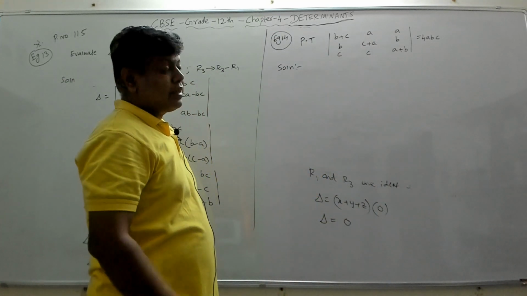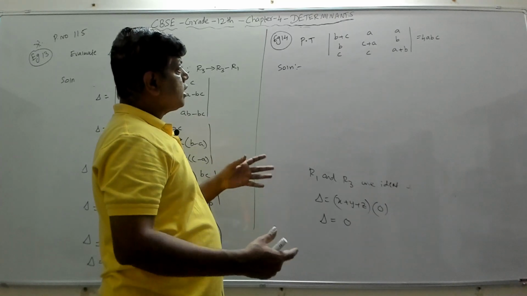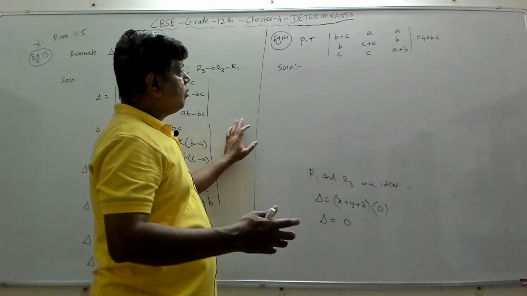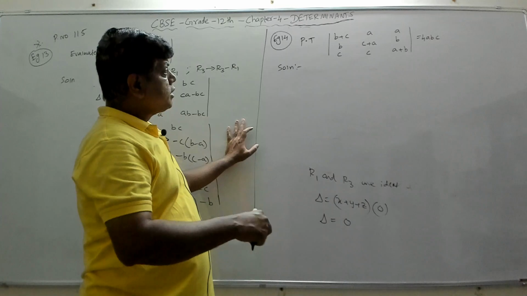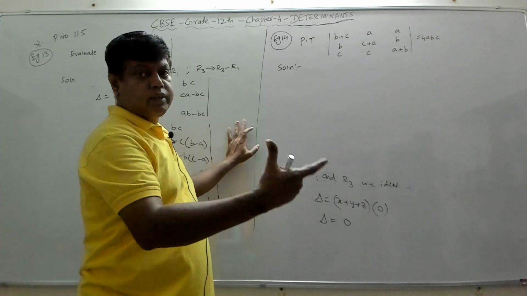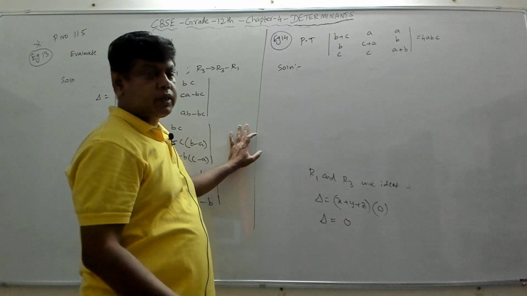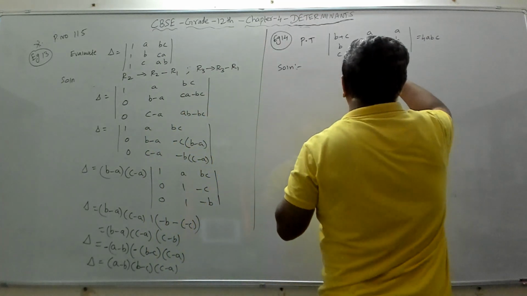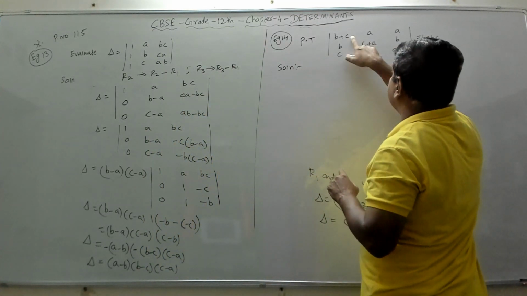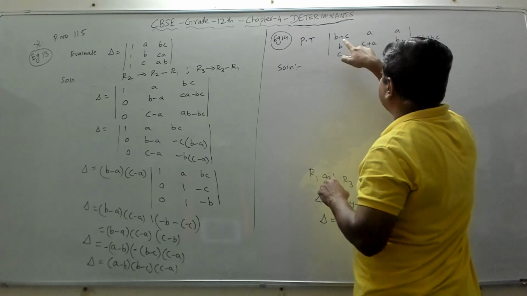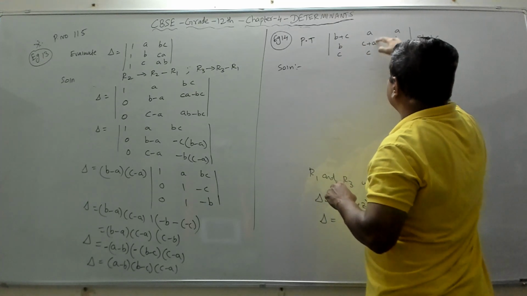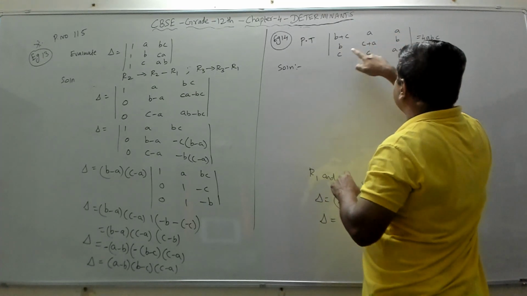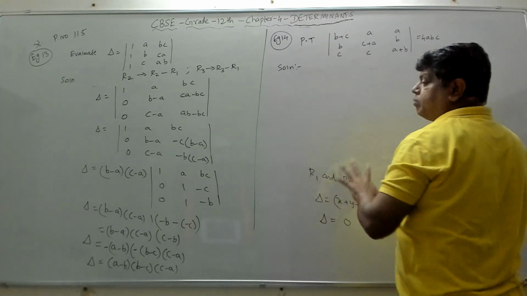Okay. Can we make some operations, and can we make all the elements in a row or all the elements in a column the same by applying any of the row operations? Generally, we'll try to add them. We'll try to add all the three rows. So if I add all the three, I'll get 2b plus 2c. If I add all the three, a plus a, 2a, 2c. So they are different. So I'm not getting the same.